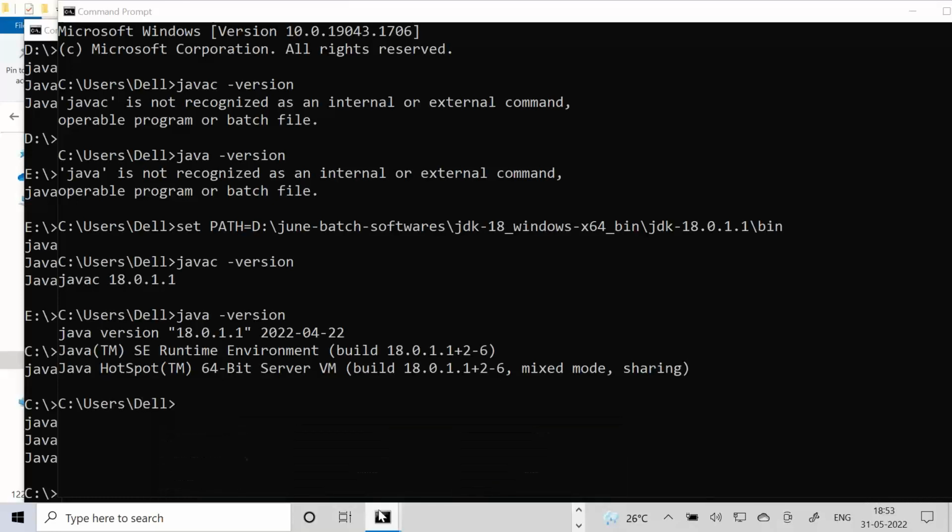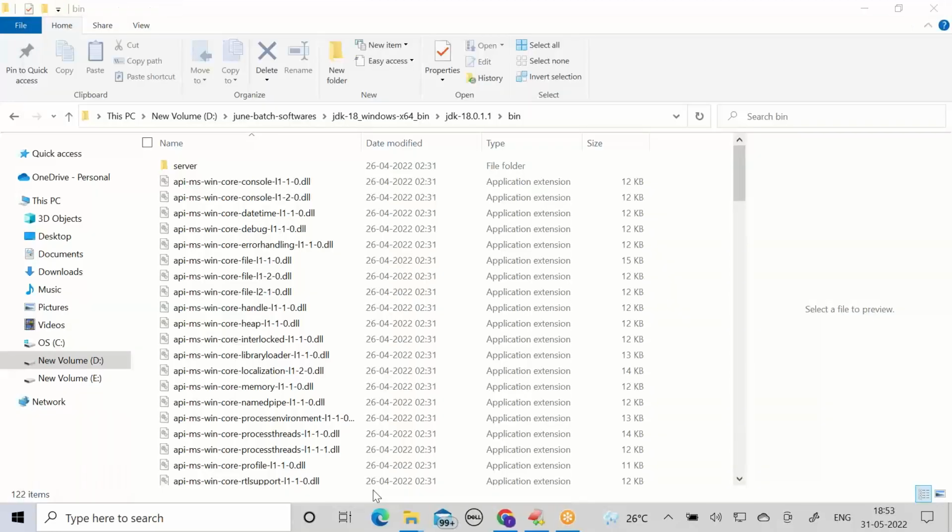So now close all the command prompts. I'll show the second approach. Whatever command prompts you opened, close all of them. Everybody. You can copy this if it is not available in the clipboard. You might have copied already, and it will be available. Still, you can copy one more time.